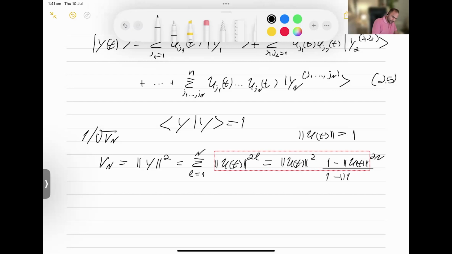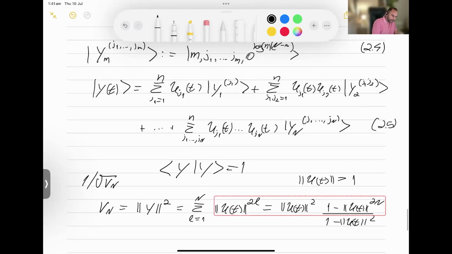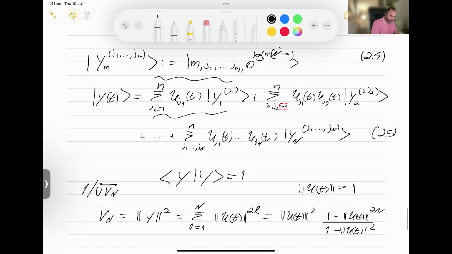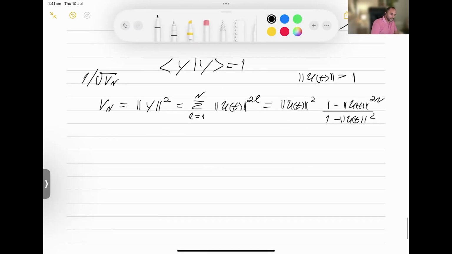And then remember that at the end of the day, I'm interested in that component. So I have to amplify that component. That's where I want to see what is the probability of success to extract that component. So I have to flag on that. That's the reason I have the flag register. So then if I look at it after the normalization, the probability of success to measure the component that I'm interested in